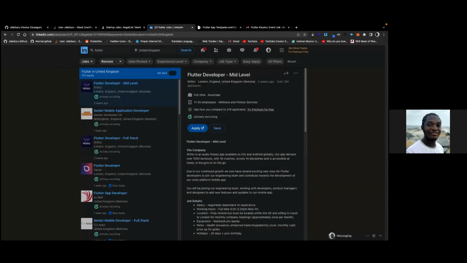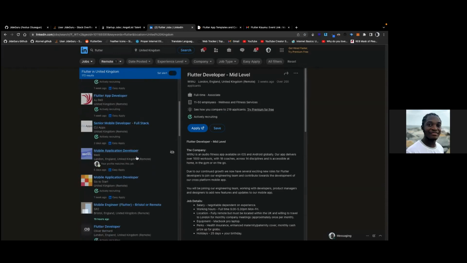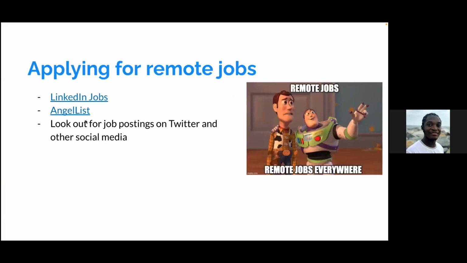So if you come to LinkedIn, there is a tab here for jobs. You can come here and basically just search for job listings, and you can apply for the ones that you feel you are capable of doing, or even the ones you feel you are almost ready for. You can apply for them. You might be lucky, apply with your resume, and you might be lucky to get an interview and probably the job. Also, another platform is